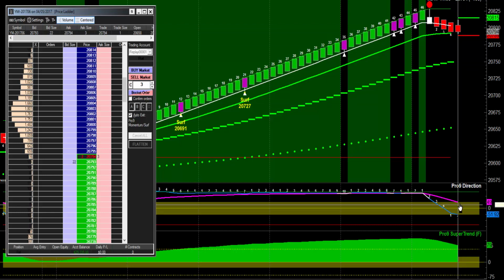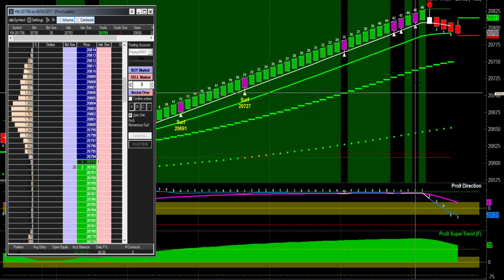I have my blue line below the purple line. My blue line is just outside of the neutral zone, and my super trend is outside of its neutral zone as well. And remember, the super trend doesn't need to be outside of its neutral zone in the same direction as the direction we're looking to enter the trade. It just needs to be outside of its neutral zone. So with my trade fully qualified, I'm going to go ahead and enter my red DPI price,